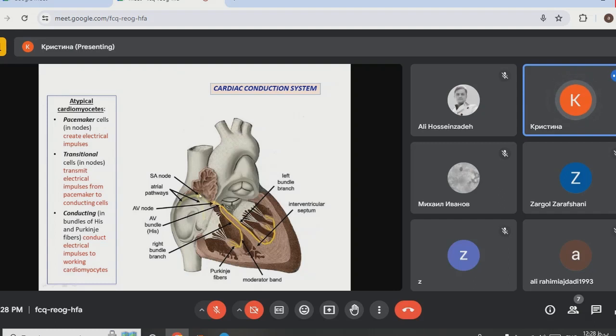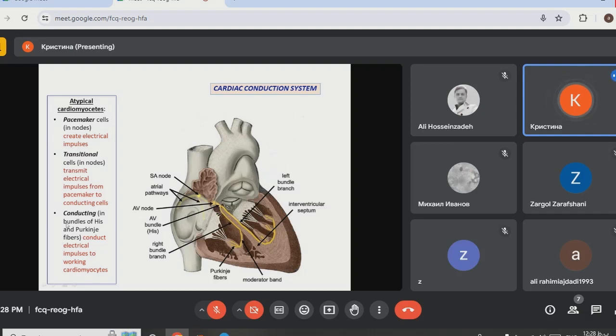These are nodes, the areas where we have pacemaker cells. They generate electrical impulse. They are located in these two areas. Next, these pacemaker cells transmit impulse to conducting cells, and next conducting cells transmit impulse